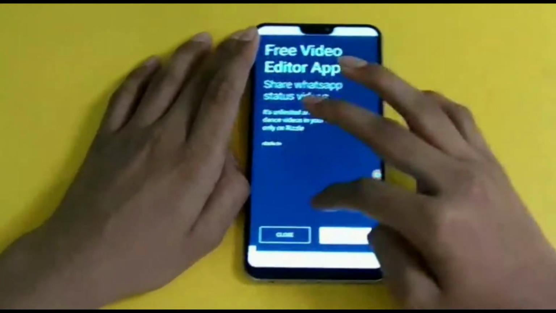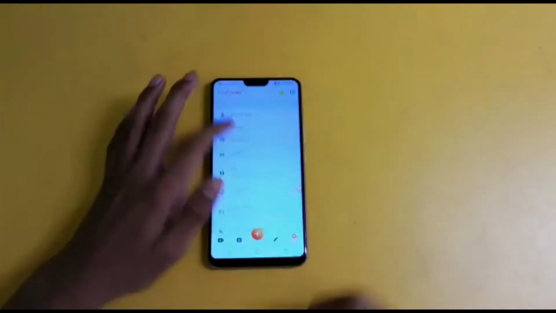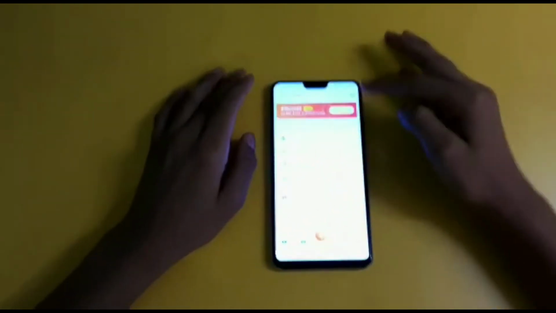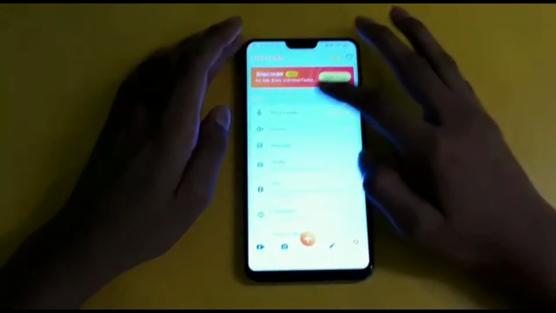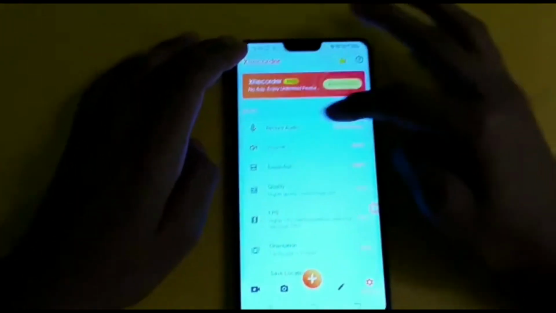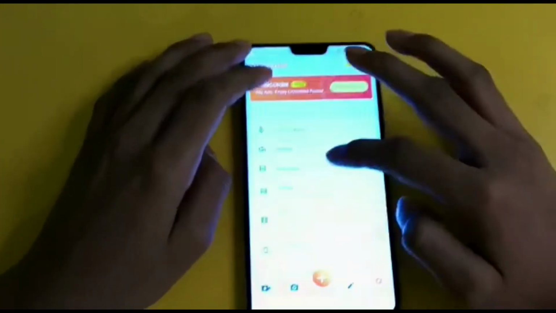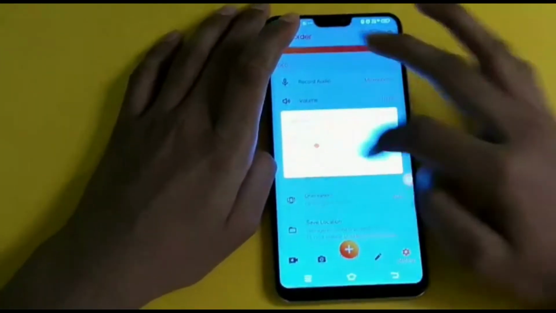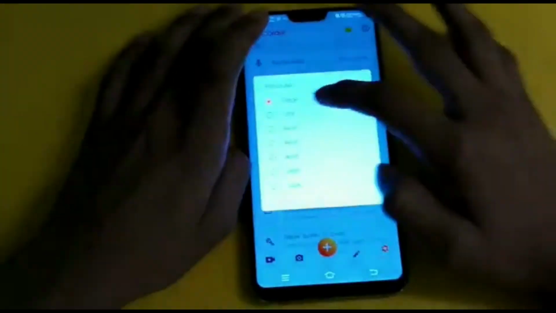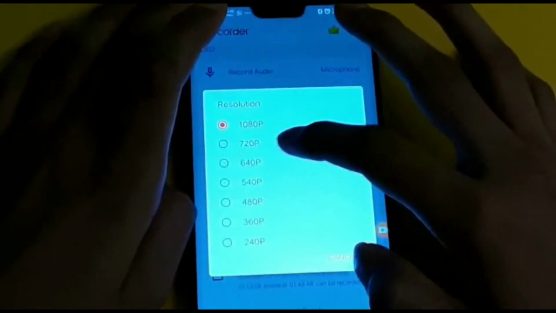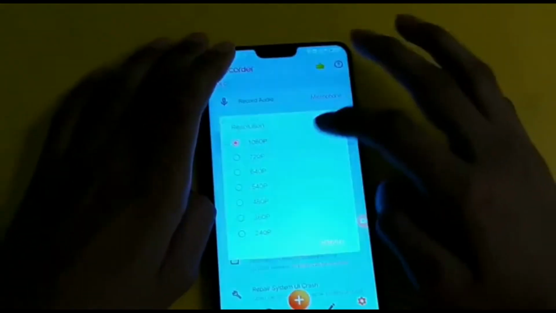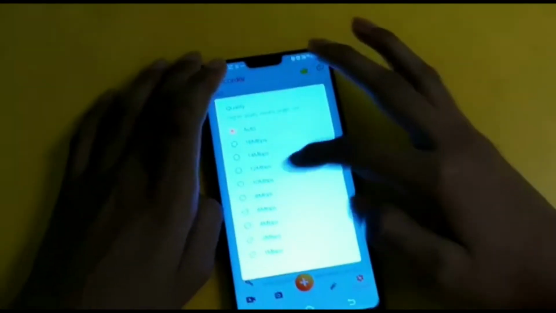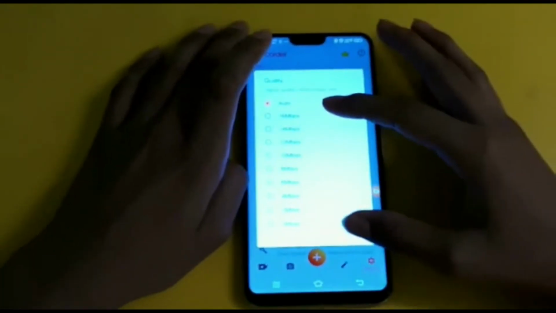The ads will pop up, and if you buy the pro version, there will be no ads and you'll enjoy unlimited features. Then we have the video options. You can record with your microphone or mute it, and the volume for me is 100. You can change it to back and front. The resolution is 180p and 720p. You can change it, but I would suggest 180p because I use that. Quality is auto, and you can change it if you want.